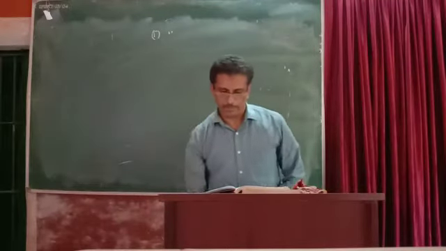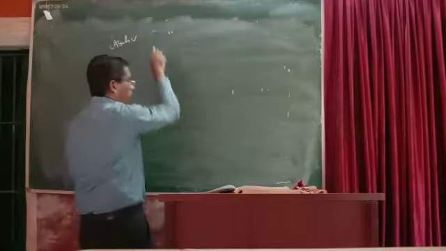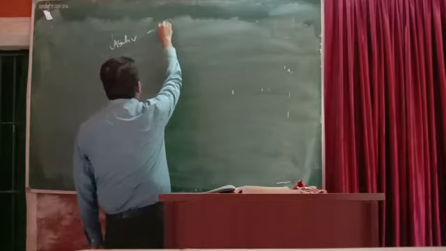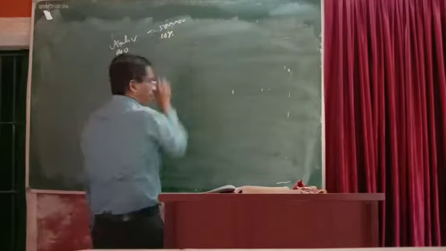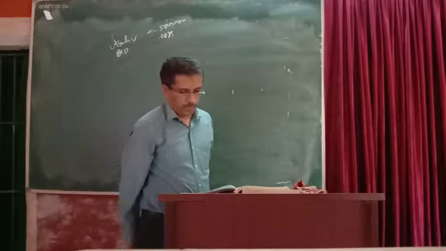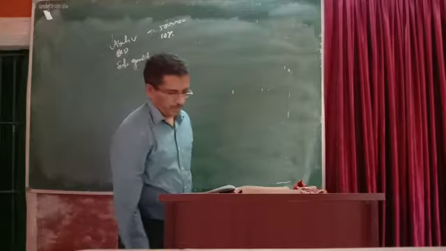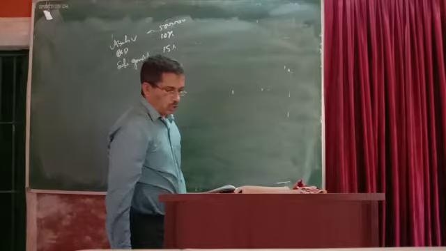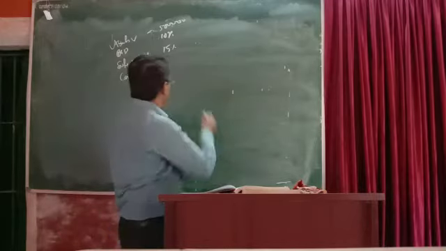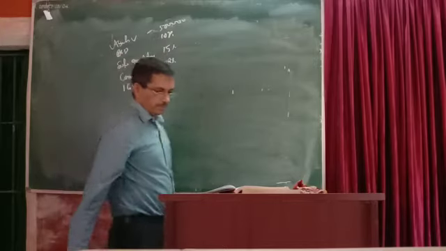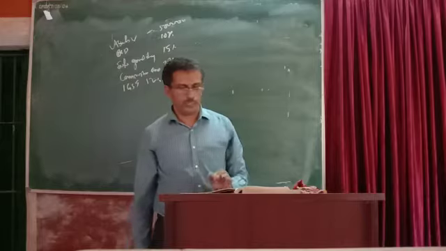For the second problem now, I will write here: assessable value of the goods 5 lakhs, basic custom duty BCD 10%, safeguard duty 15%, compensation cess 28%, IGST 12%. Calculate duty payable.